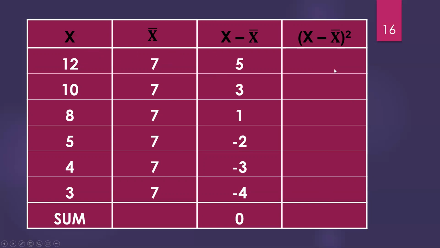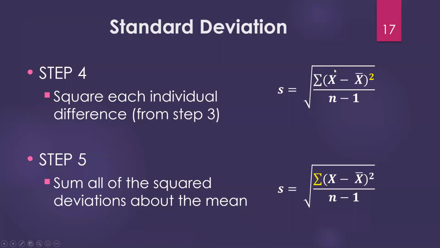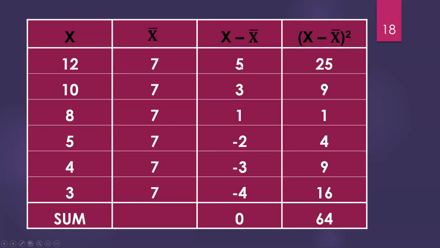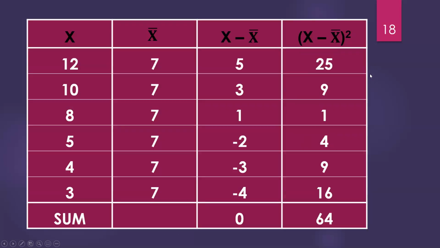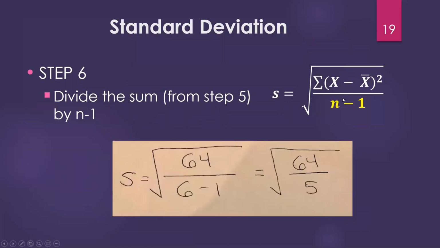Step 4 is to fill in column 4, in which you are squaring everything in column 3. So 5 times 5 is 25, 3 times 3 is 9, etc. Step 5 is to add up everything in column 4. And that gives you this top value here, this sigma (x minus x bar) squared, is where this 64